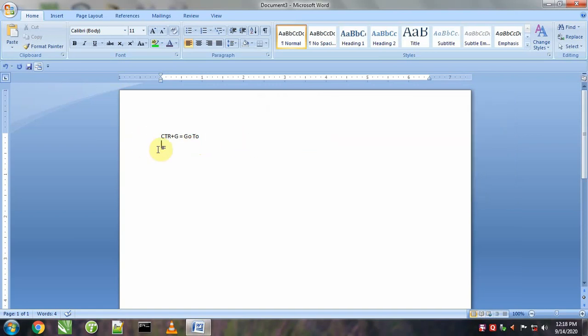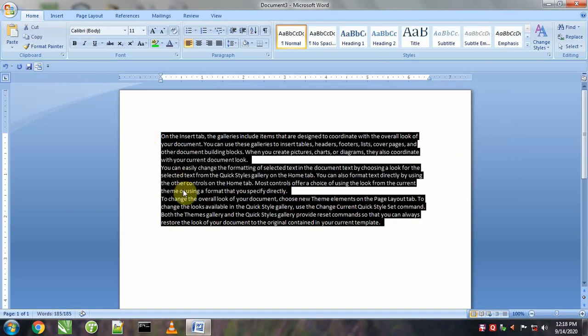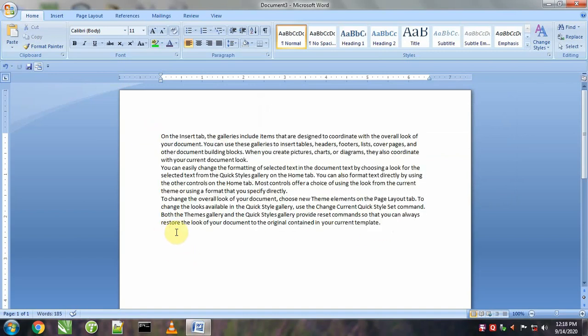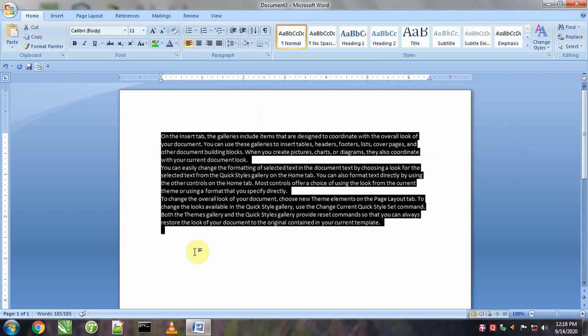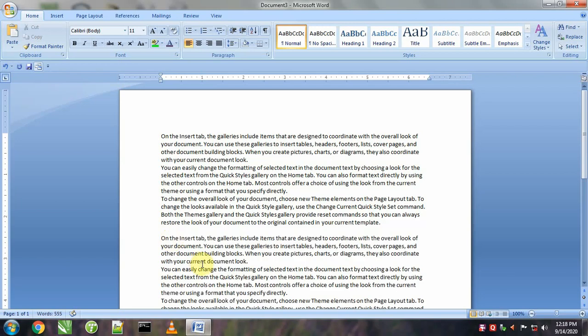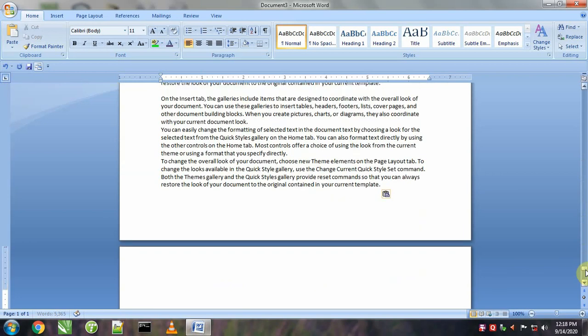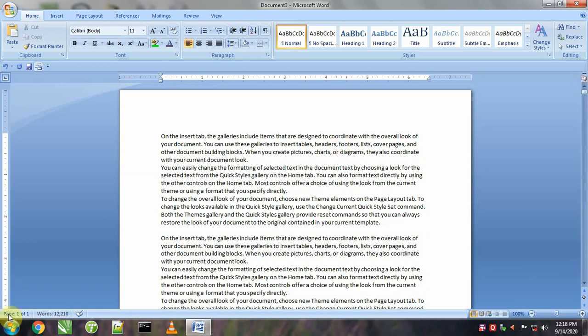close this option. I will take some data, copy it, and paste it a number of times. I select this, copy with the Ctrl C command, and paste with the Ctrl V command, a number of times. Now I will put page numbers. We can look here, 19 pages have been created, which means this file contains 19 pages.